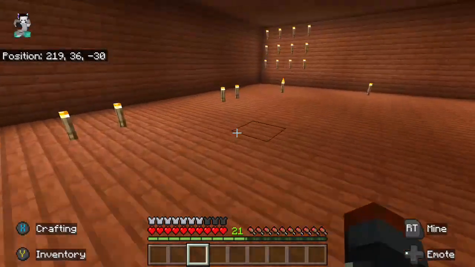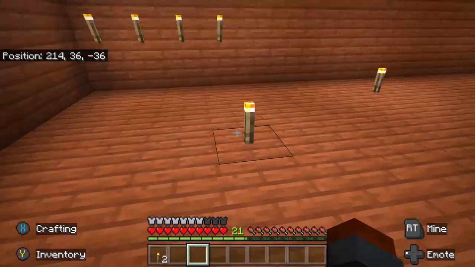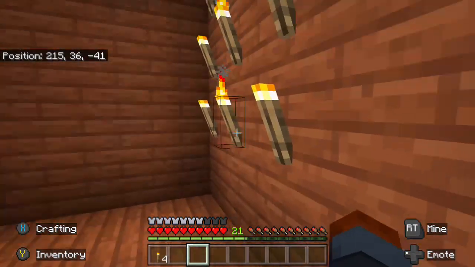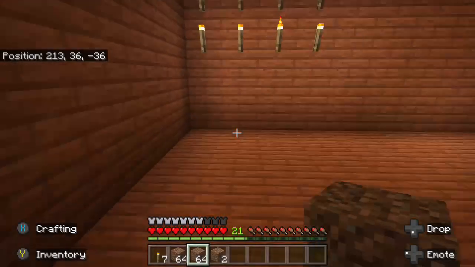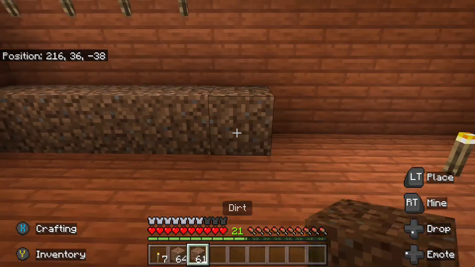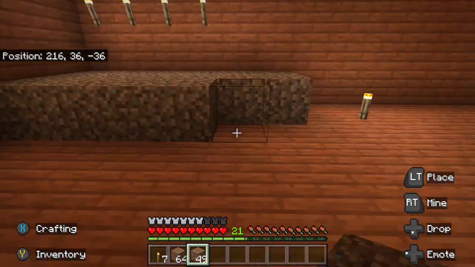So let's take some of these torches down. I know I placed a lot around. This place is huge, so I had to place like 50 torches down. I used like 3 stacks of torches just in this room. But this is how it's going to be. It's going to be like this. And then